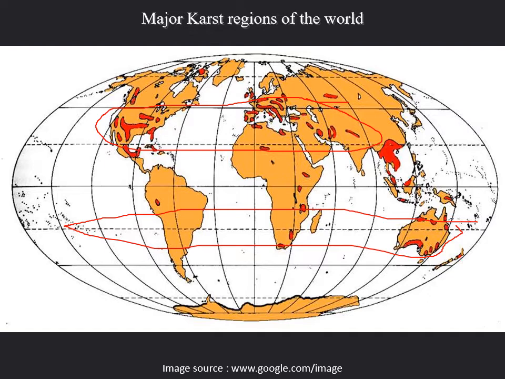So not only are the equatorial to tropical and subtropical regions favorable, but among these, the humid condition, that means where there is an ample amount of water vapor in the atmosphere and from that precipitation in terms of rainfall will occur, those are the places where the chance of formation of karst landscape by chemical solution or chemical reaction of the exposed carbonate rocks is more prone.